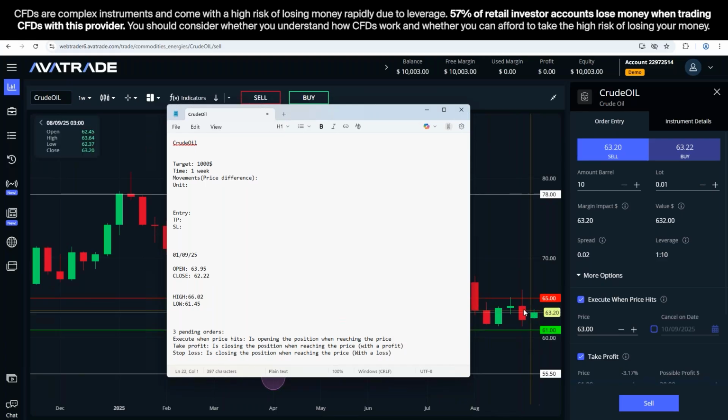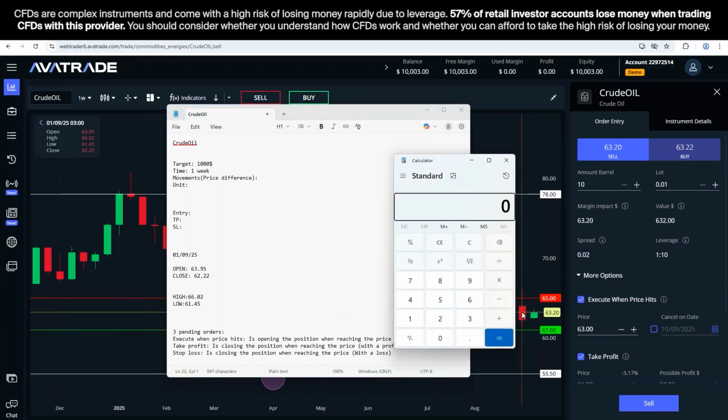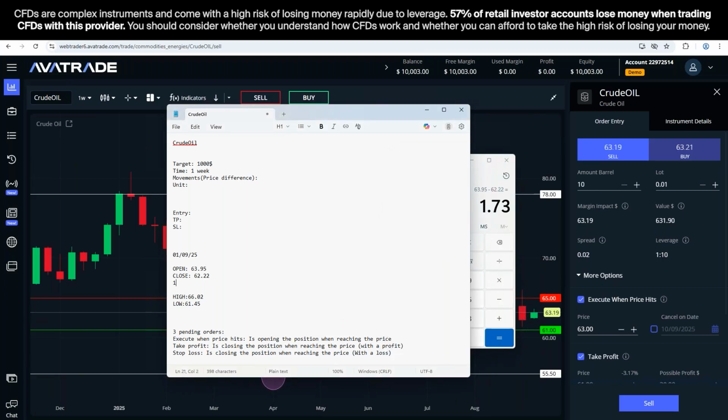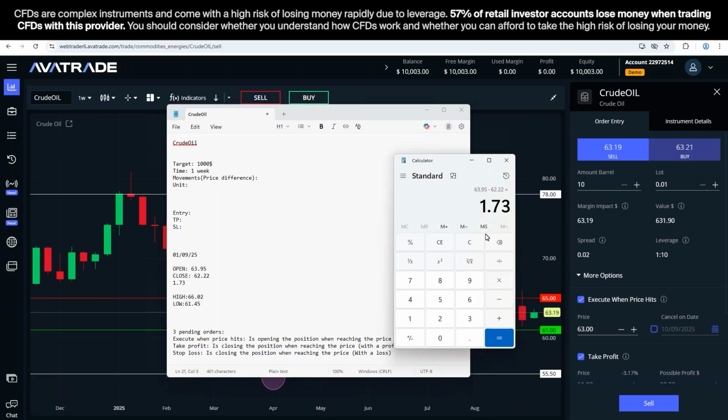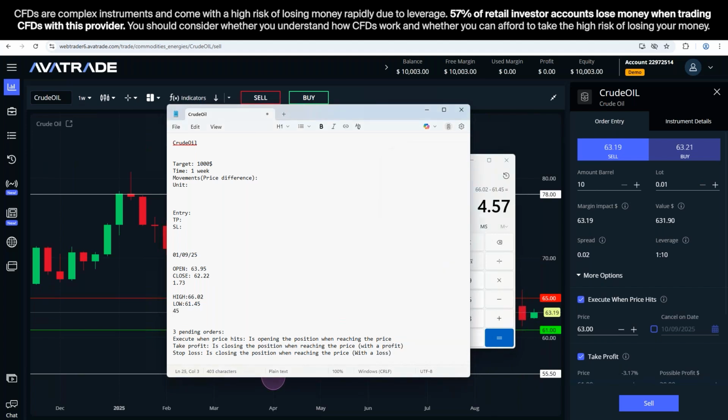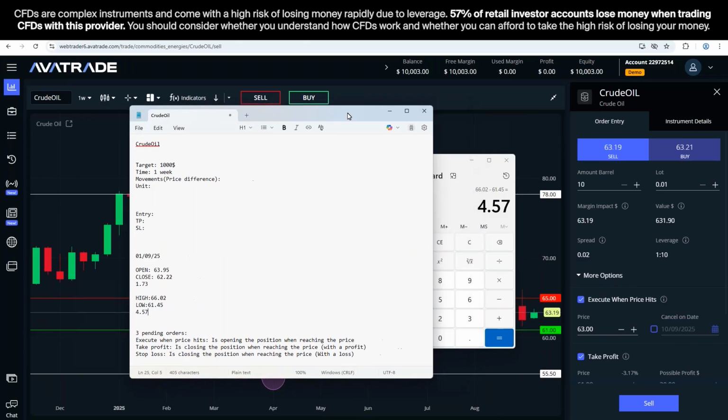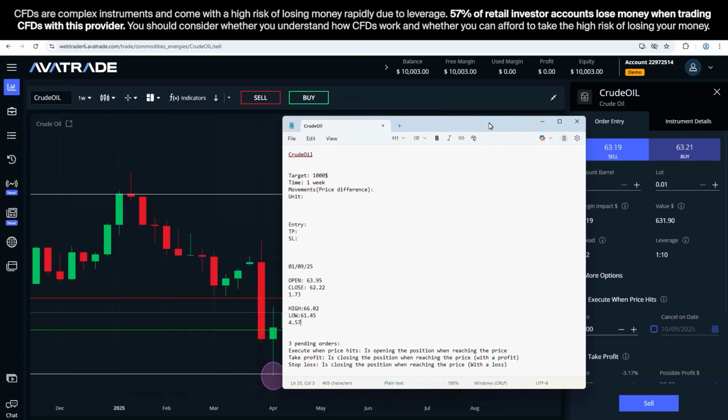Those are basically the price that crude oil began when the market was open, the price that it was closed, and then we've got the highest price and the lowest price, which is represented by high and low. Now what I'm doing is I'm subtracting those two edges from each other to know how much crude oil moved. The problem with this technique, and the reason that I said that it's dinosauric, is because